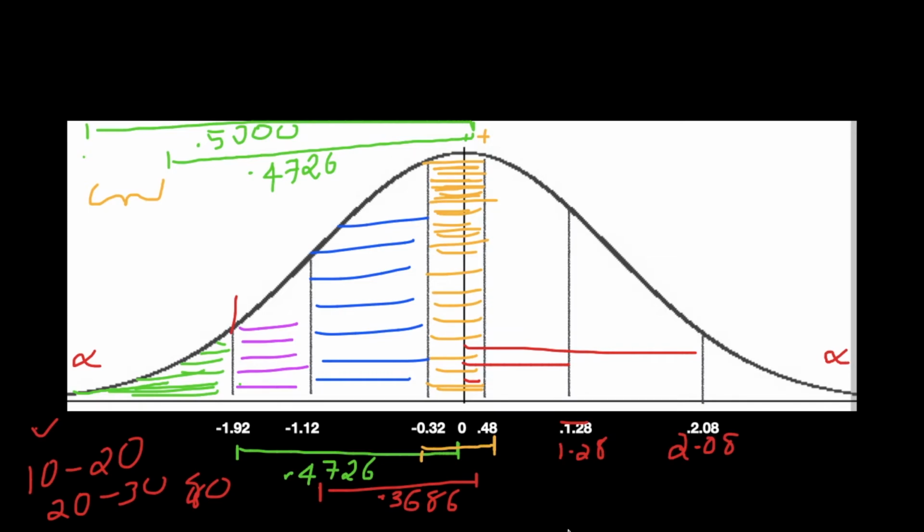This is just an explanation of the method, why we are adding or why we are deducting the table values. This is just to give you an idea. This can be skipped. You can skip this step when writing or doing this fitting of normal distribution.